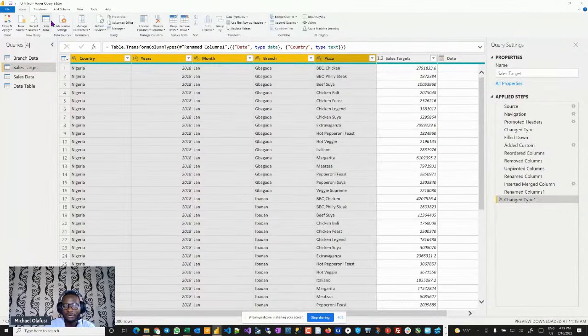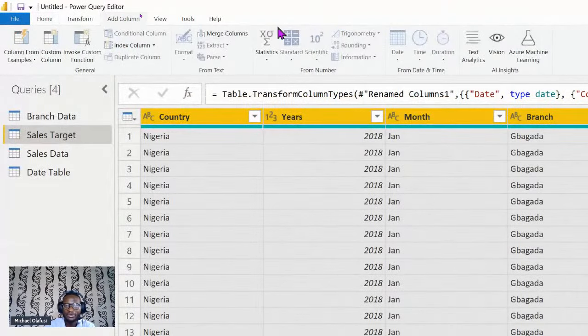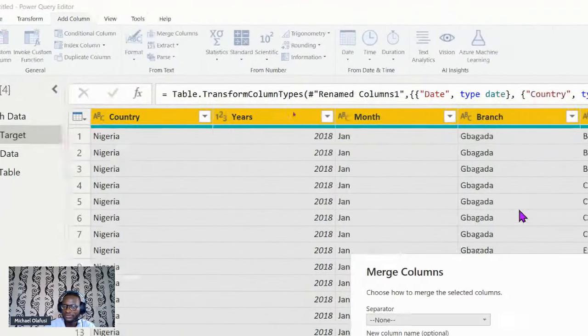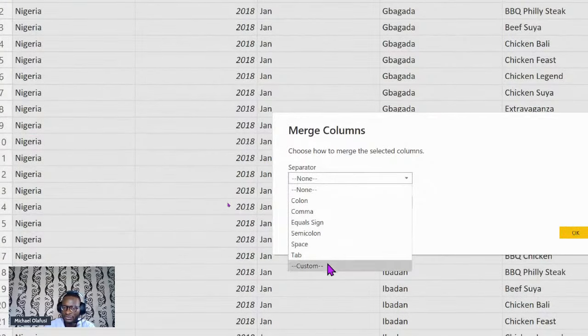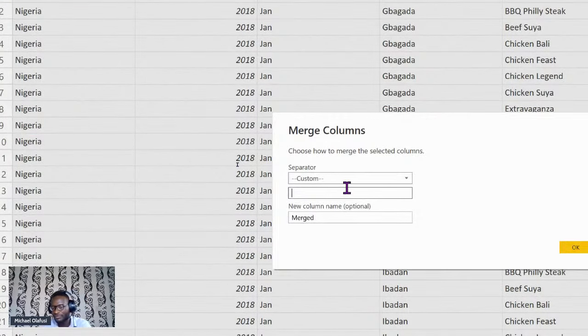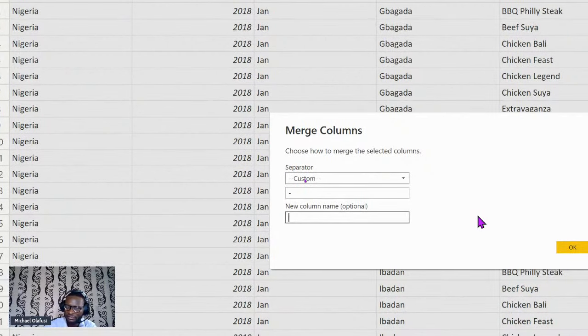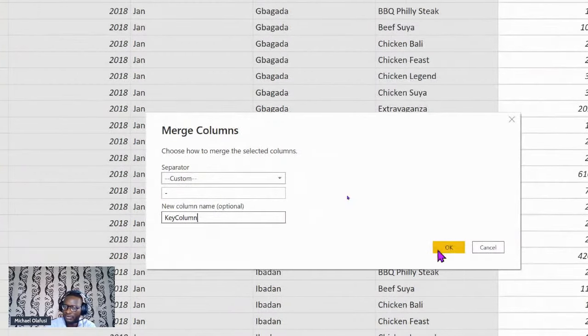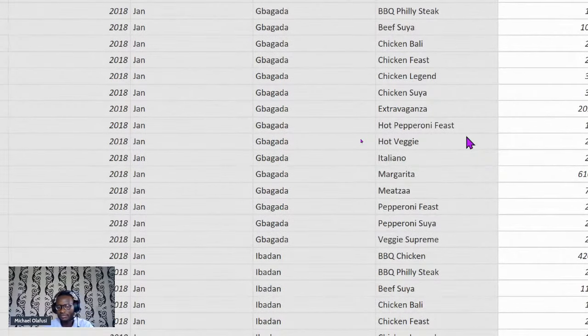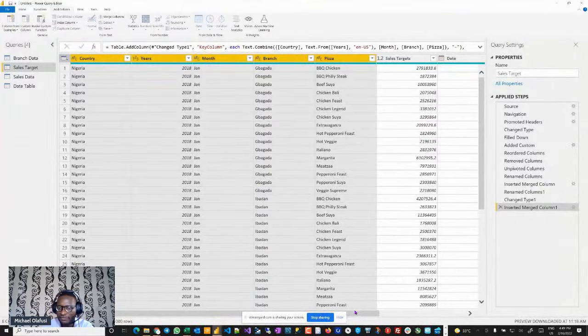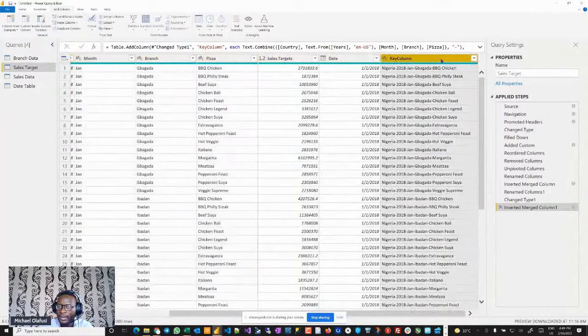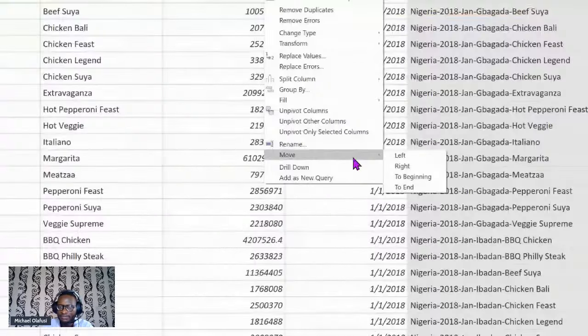So I'm going to go up here, go to add new column, and say I want to merge all those fields. So what do I want to use as the delimiter separator? I prefer to use a hyphen. That's just my personal choice. You can use anything else you like, space or comma. So I'm going to call this the key column, key or reference column. So whatever name you feel more comfortable with. Okay. So now I have that column, right? I'm going to move it to the beginning.